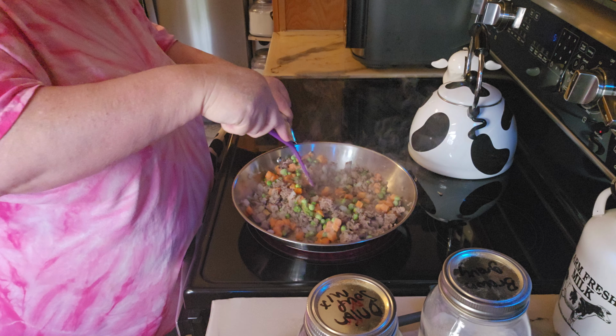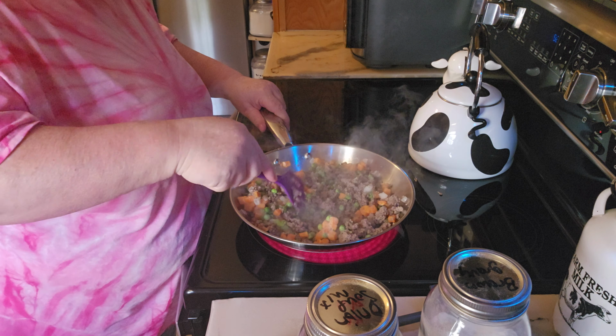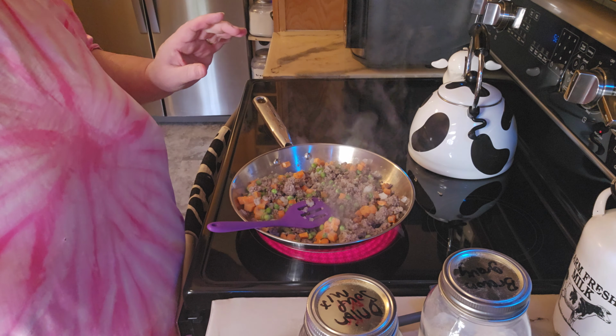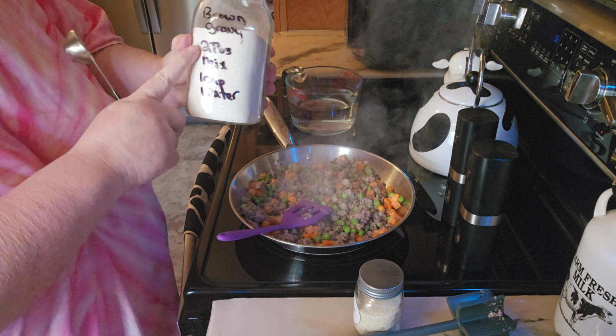So what I'm going to do is let this cook up a little bit, and I will be adding, once the vegetables cook for a few minutes, to try to get those a little bit cooked. Meanwhile, I'm going to be making the brown gravy, and we'll show you how I do that, and I'll be right back. Alright, so what I did is I have my ground gravy mix, which is 2